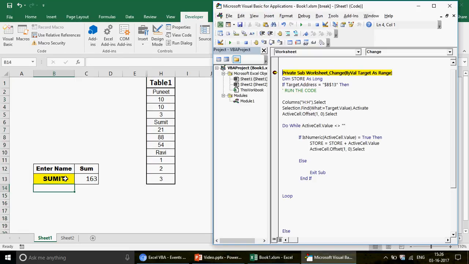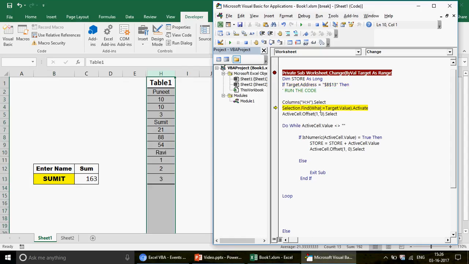So I'm going to change this to Sumit, for example, and I press enter. You see that the changes which I have done are in B13. So obviously your target address will be B13. So this condition will be satisfied and it will go in the Then mode. Then it's going to find that the target value is Sumit, and from the Sumit